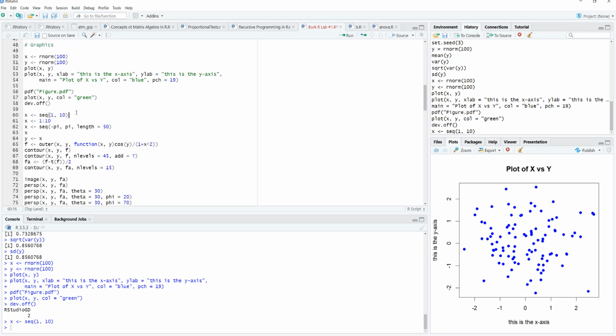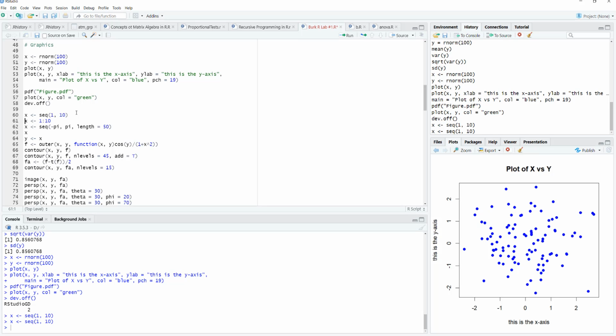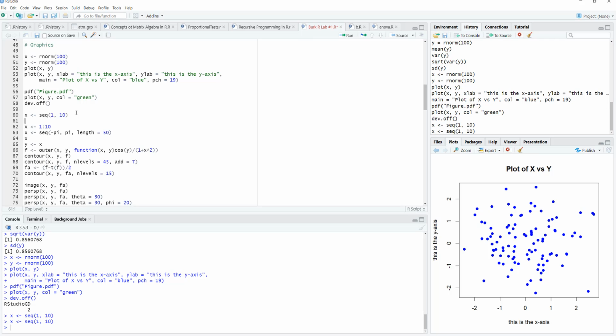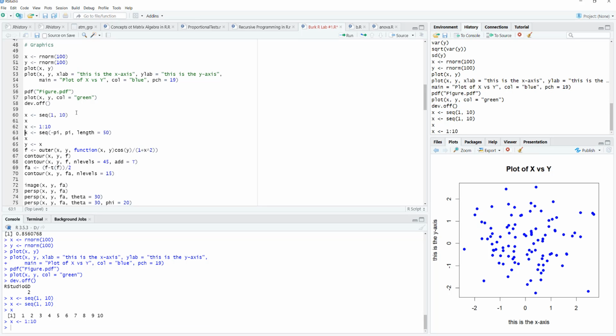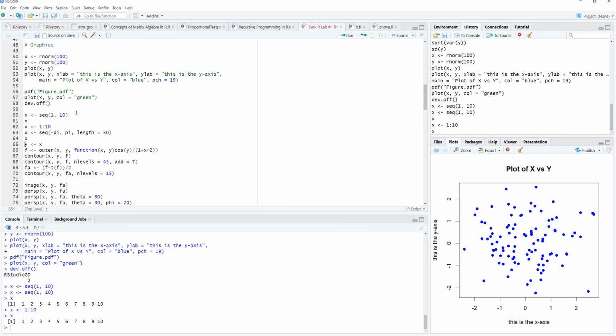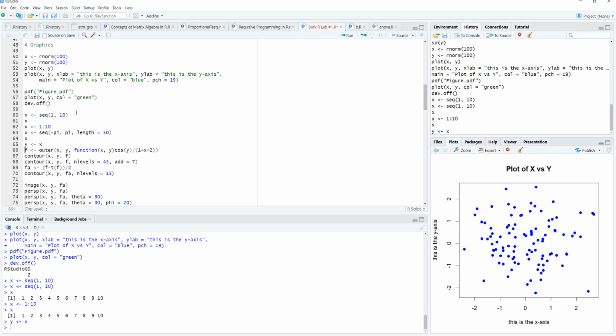X is a sequence 1 to 10. So if we looked at X, that's 1 through 10. That's how you produce an array or a sequence of 1 to 10. Another way to do it is this. So if I were to look at X that way, same thing. If I were to assign X into Y, right, transfer one variable into another, and then I can do all